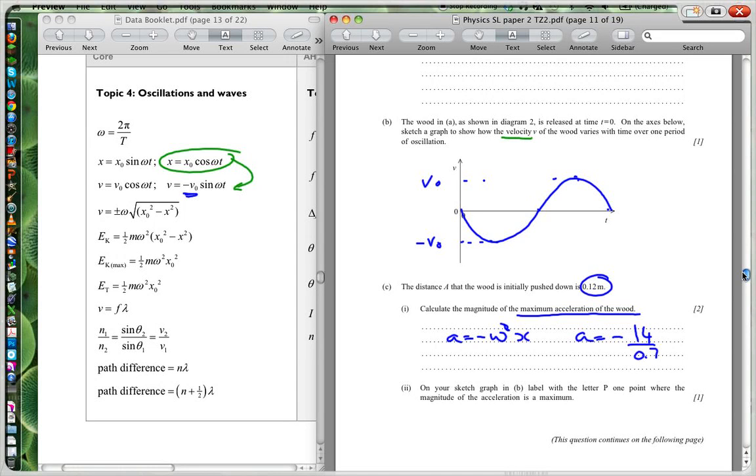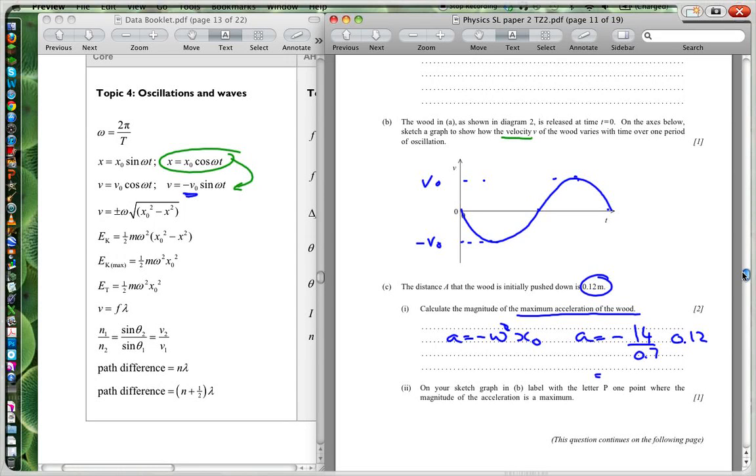Remember, we work that out as the length, times our maximum distance, 0.12, because you're going to get a maximum acceleration when you're actually at x0, your maximum displacement or your amplitude. So when we put that all in,